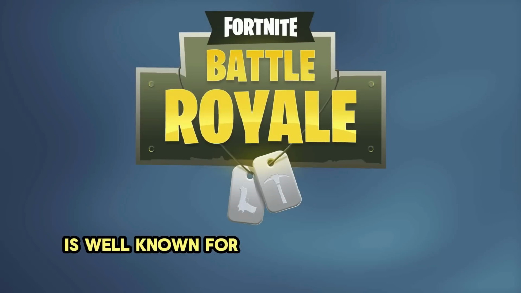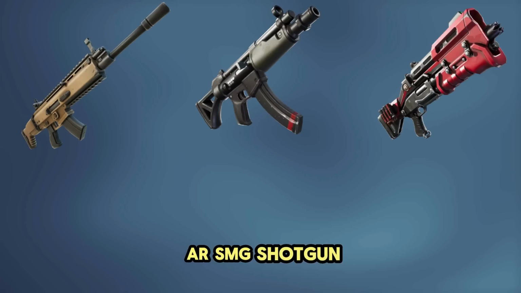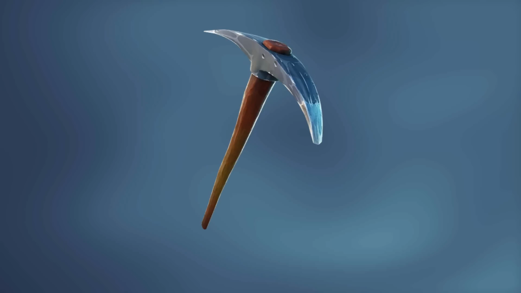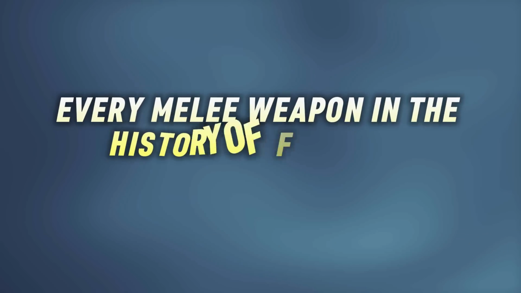Fortnite is well known for having many different weapons and variants and multiple rarities for these weapons. AR, SMG, shotgun, sniper, goo gun, prop gun, rocket launchers, everything. But what about the melee weapons? Well, that's what we'll be talking about in today's video as we go over every melee weapon in the history